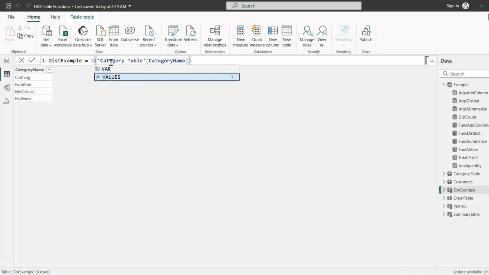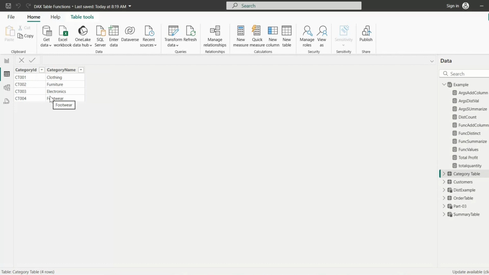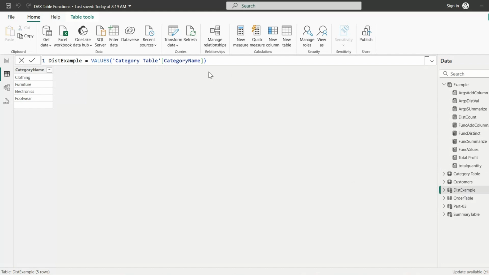And when I click on values and click on enter, you can see a blank value here. With all the distinct values, it added a blank value. Do we have blank in the dimension table? Let us see. In the category table, we do not have any blank row, right? But whenever we use the values function on the category table category name column, it returned a blank value. And now, why did this blank value appear? In the order table category, we have an extra category, that is accessories, which is not present in the categories